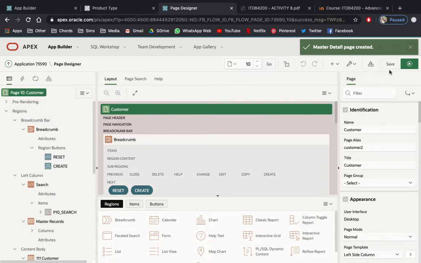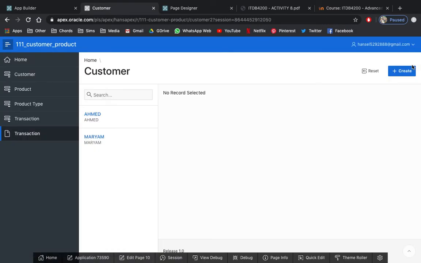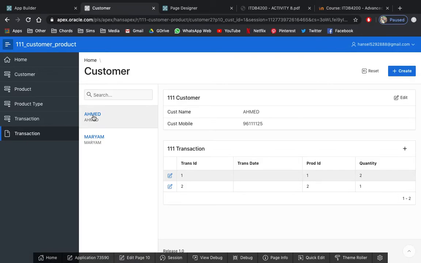Actually, we can now run this one directly on the page. Now we can see for the first time your master detail that comes with the side by side type. You can see Ahmed, Mariam, so we have only selected those few column fields there. If I select Ahmed, we can see Ahmed's transactions in the bottom right region.